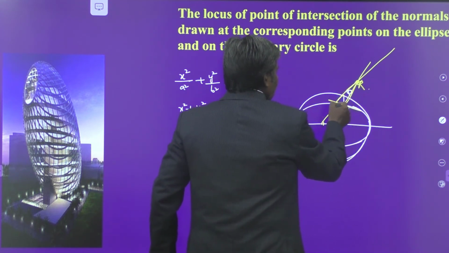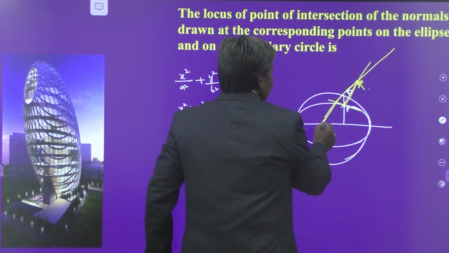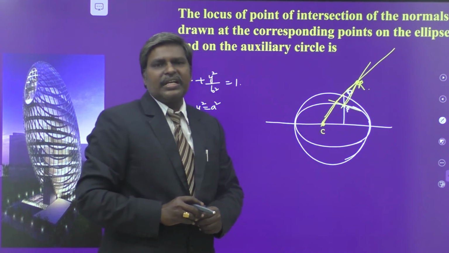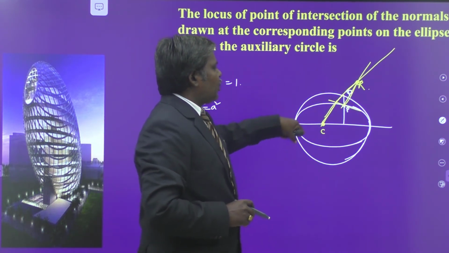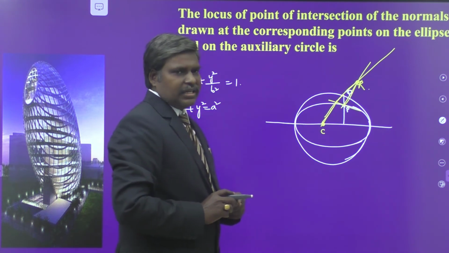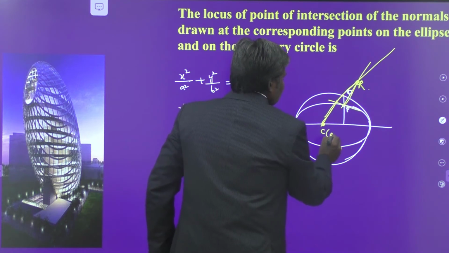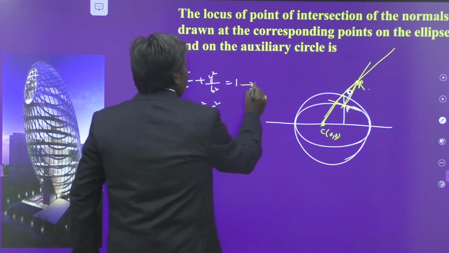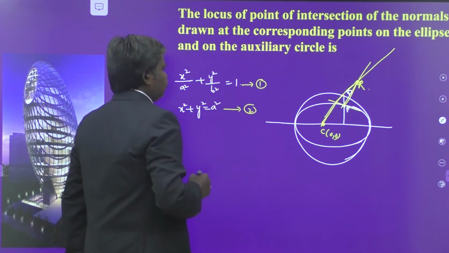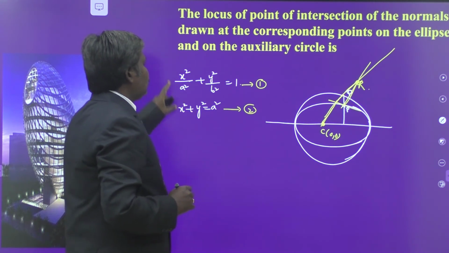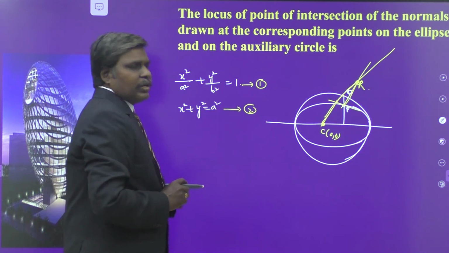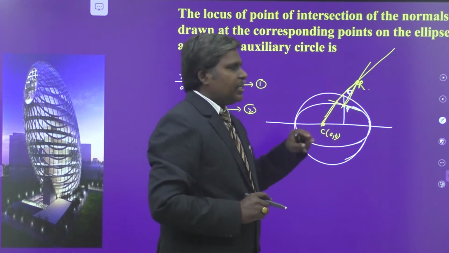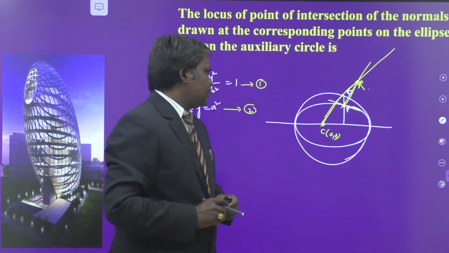Why am I drawing the normal at Q passing through the center? Normal at any point on the circumference of a circle must pass through the center of the circle. In that sense, I am drawing the normal at Q through your center C. What are the coordinates of center C? 0, 0. This is the diagram. So this is equation number 1, say this is equation number 2. We are drawing the normals at these two curves at points P and Q respectively, and we are going to solve those normals. We get some point, that is a variable point. You have to write the locus of that point. Let us try to do this one.